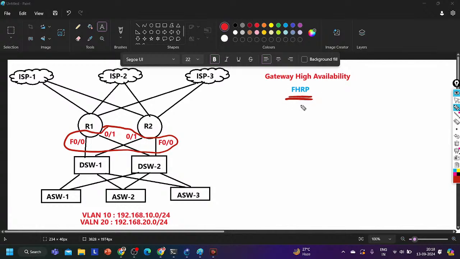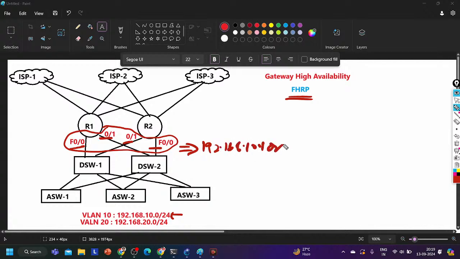What these protocols will do, guys, is create one logical IP address. With the help of 4 physical IP addresses, it will create one logical IP address. Let's consider this VLAN 10 subnet 192.168.10.0/24. For this subnet, these are the physical gateways, and the protocol is going to create one virtual gateway